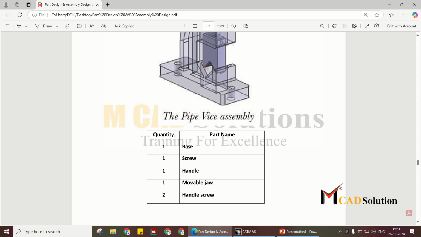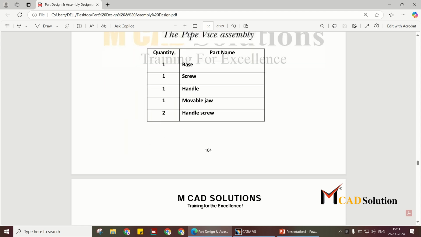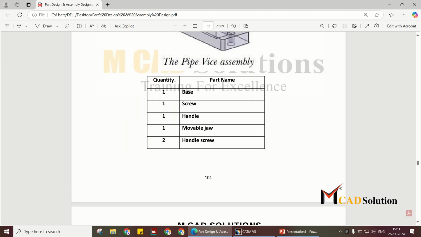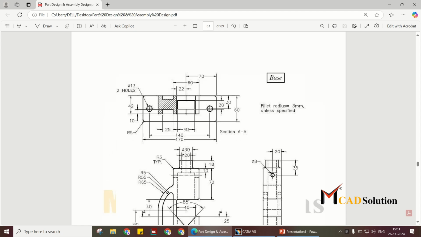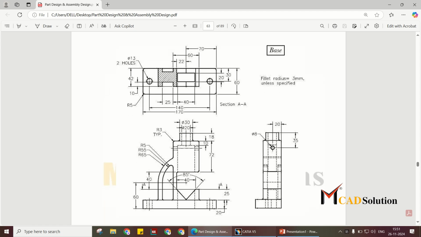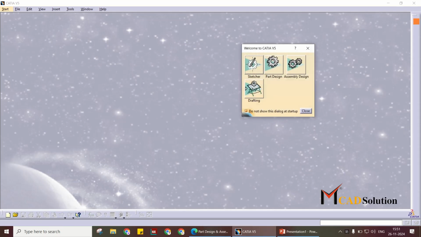There are 5 parts: base, screw, handle, movable jaw and handle screw. We are going to start from the base part, and after finishing all these parts we will start pipe vise assembly. Front view, top view, right hand side view is given. So let's start. Part design,